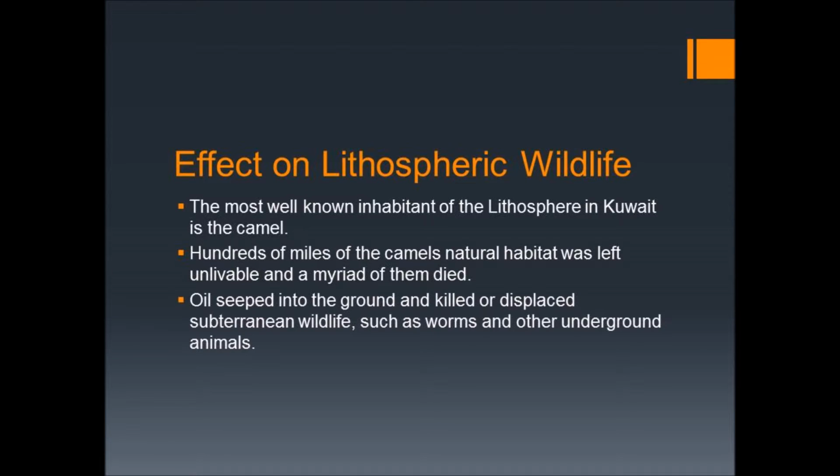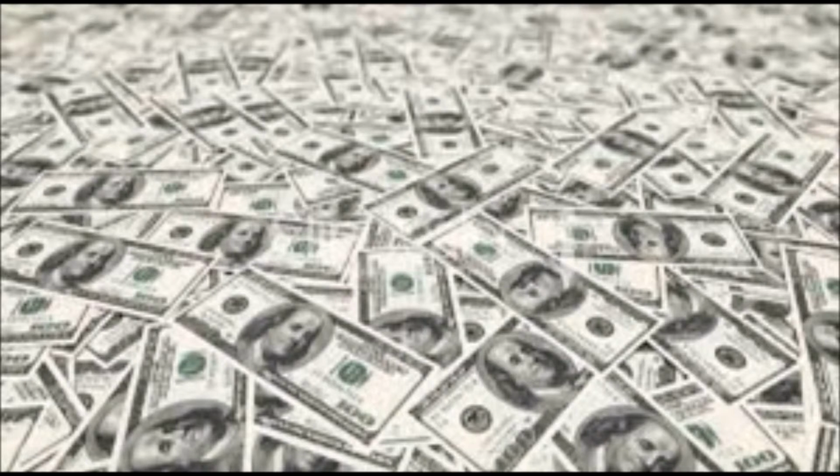And then the effects on the lithosphere can be seen here. The most well-known inhabitant is the camel. However, hundreds of miles of camels were left without a home, and a myriad of them died. Oil seeped into the ground, killing subterranean wildlife such as worms and other underground animals. And here's all of our friends, the jolly green giant, and of course this plays a factor in any conversation